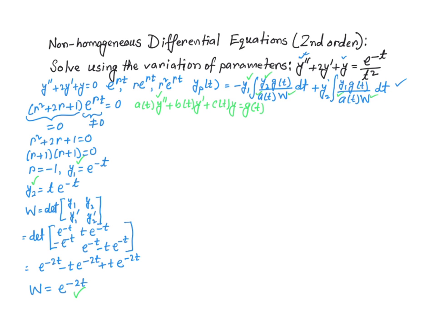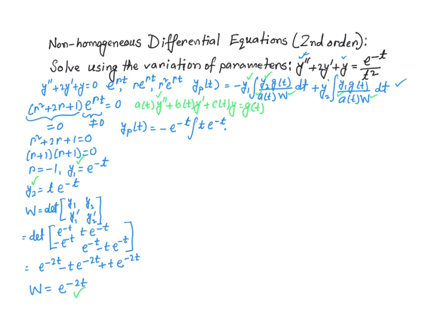Now we have everything that we need in order to find the particular solution. So let's go ahead and find the particular solution. It's just a bunch of algebra. So y sub p of t is going to be equal to negative e to the power negative t, because y1 is e to the power negative t, integral t times e to the power negative t, that's the y2,